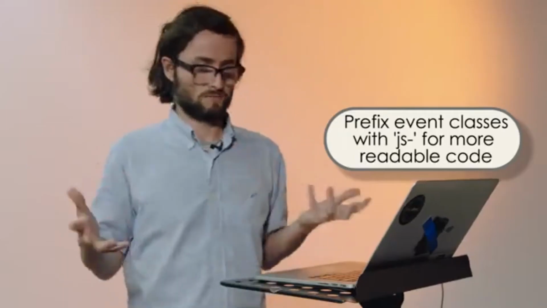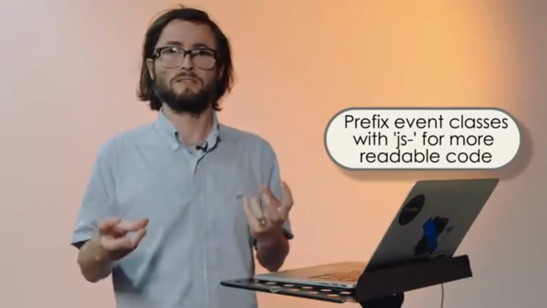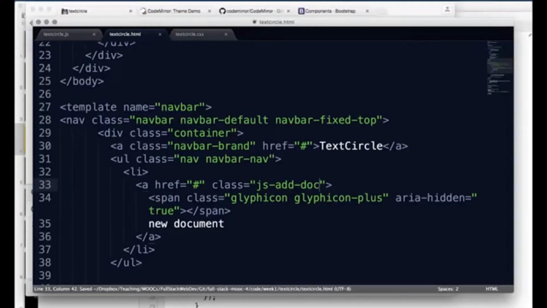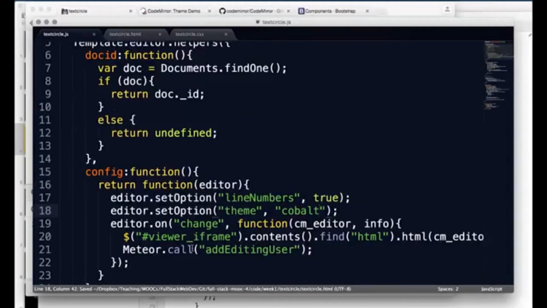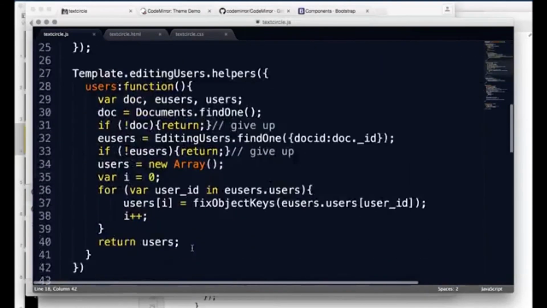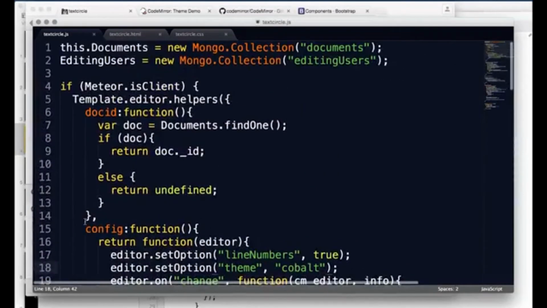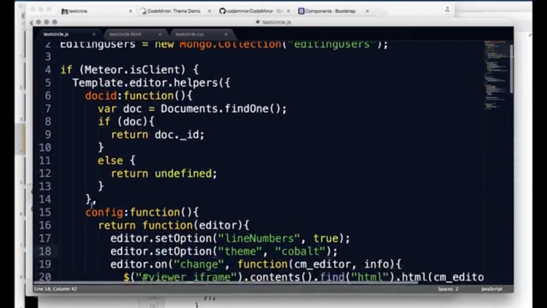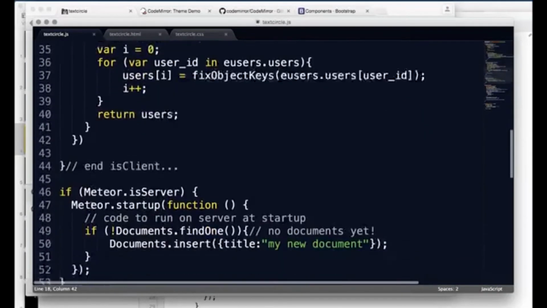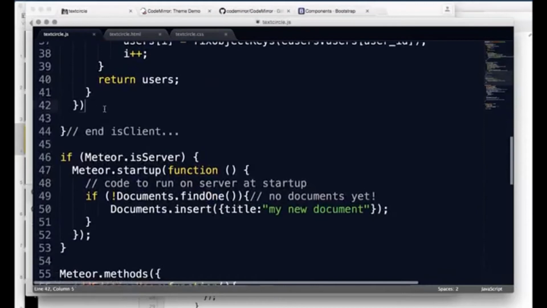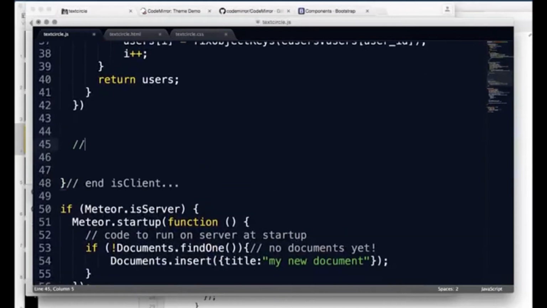So that would be something that I can bind an event listener onto. And I do that in my helper, event listeners. So let's just try and organize this a little bit. So these are all helpers, and then I'm going to put some events. So I'll label it up to say